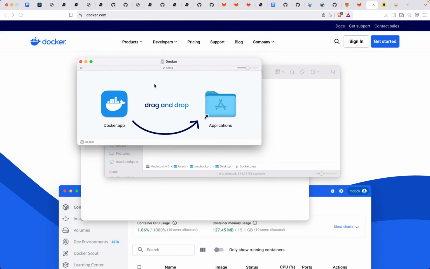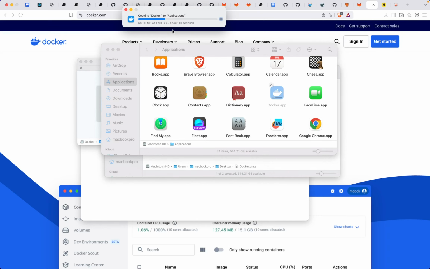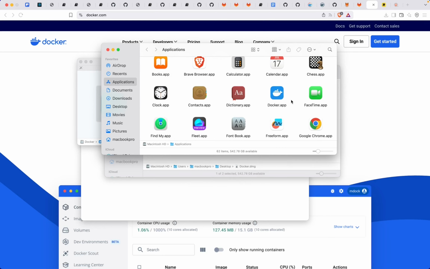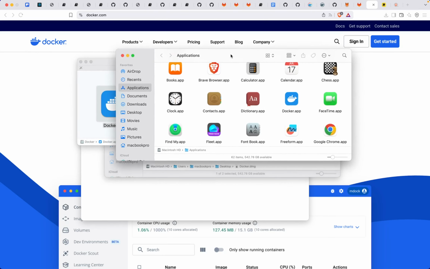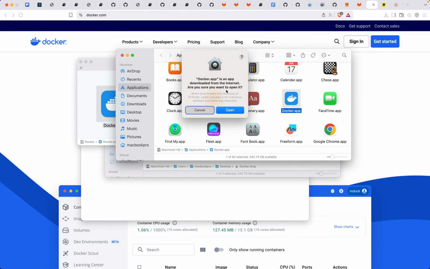On Windows you just double click the exe file, okay, and I'll just put this app in the Applications folder. Mac will copy this Docker app to the Applications folder. It's just a thing of the Mac. And in Windows you just double click and it will open. Just provide the necessary permission on your Windows and Mac as well. I'll just keep the permission,